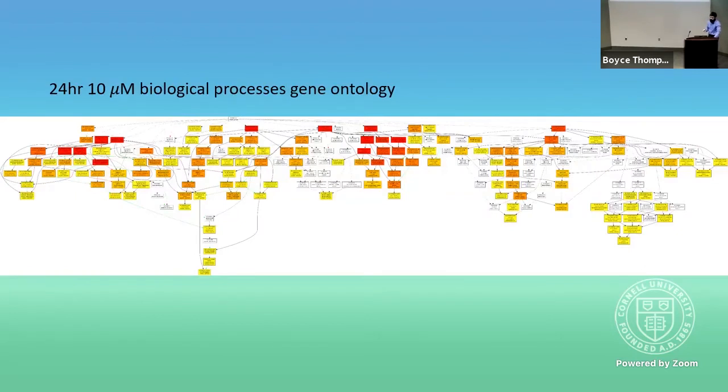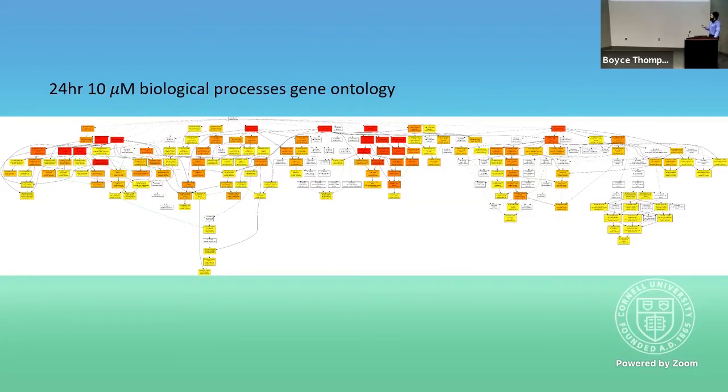From these gene sets, we can produce a gene ontology. A gene ontology, for those of you who don't know what it is: whenever genes are entered into a database, a curator or the researchers may tag the gene with process descriptions or cellular location descriptions that allow you to describe what the gene does in a set library of terms. And so you can submit, and if you have your own differentially expressed genes, you can submit them to